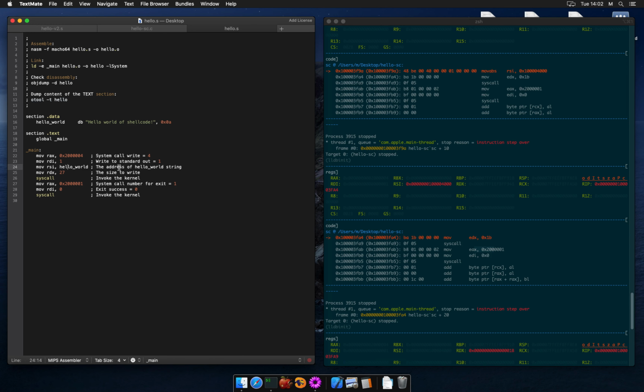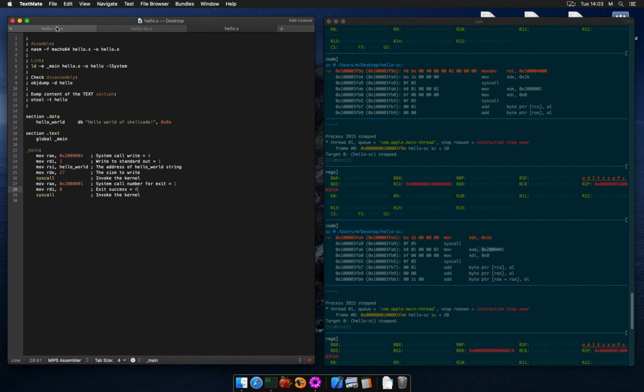The problem is this code is not position independent. What do I mean by this? Although when compiled it worked correctly, if we embed it into another application, it won't work. That address won't be correct relative to the rest of the code and won't contain the string. We need a way to obtain the address of the string relative to the current code that we're executing. This is very important. We need a relative address.